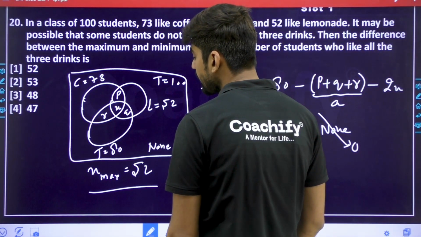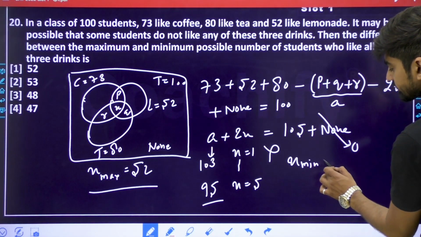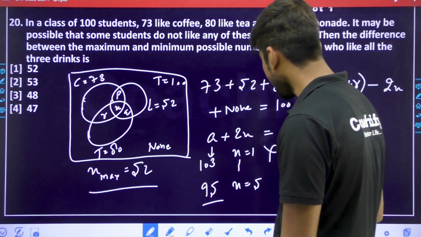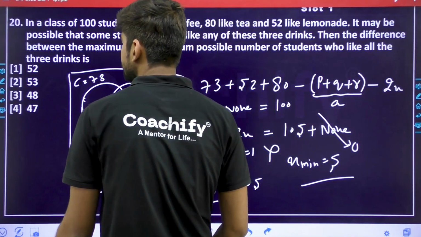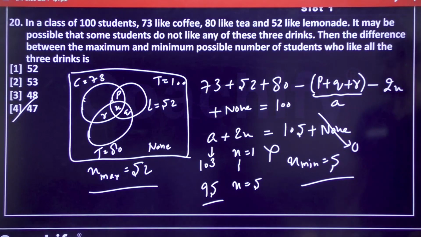The value of none, we have already taken as 0. So the maximum value is coming out as 52 and the minimum possible value of x is coming out as 5. Now if I find the difference between 52 and 5, the result is 47. The correct answer is the 4th option. Let's proceed